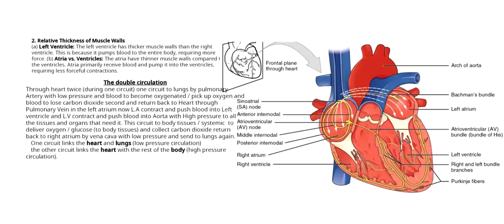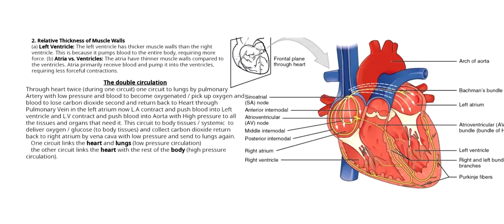So how does it start? I will explain. The inferior vena cava receives deoxygenated blood from the lower body parts and the superior vena cava receives deoxygenated blood from the upper body parts. So the deoxygenated blood from the whole body is received by the